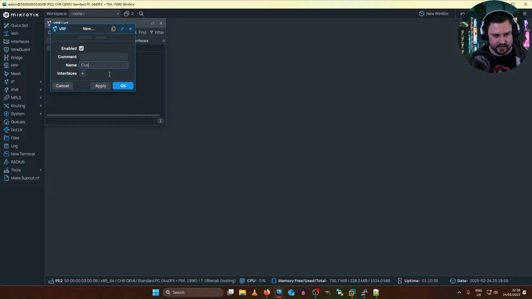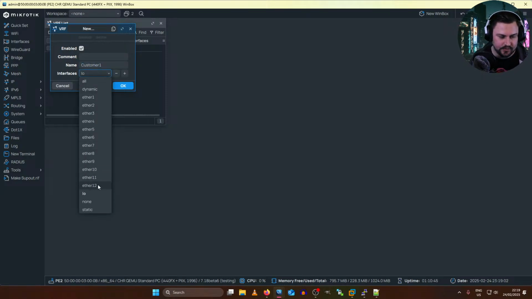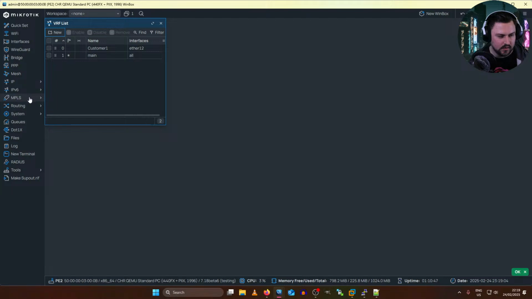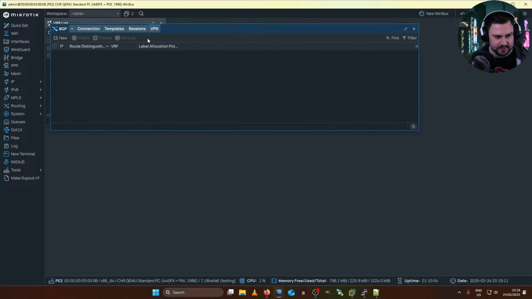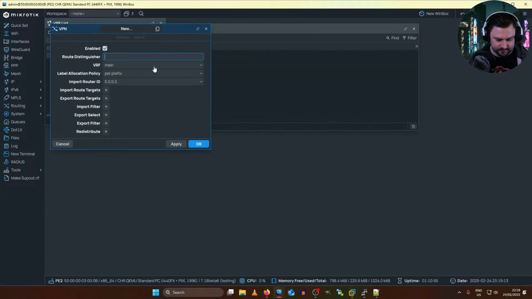I don't remember if it was capital. It doesn't really matter because this VRF is kind of just local to the node you're working on. The important bit is those route targets. So let's go into our routing, BGP, add a new VPN. So route distinguisher, this is going to be 192.0.0, what was this, .3 with our ASN. I'll do this for the customer 1 VRF per VRF.